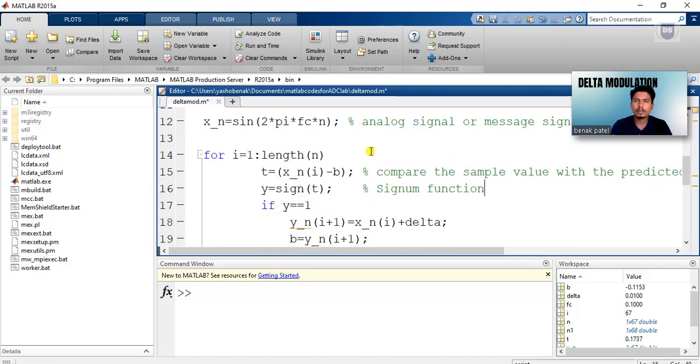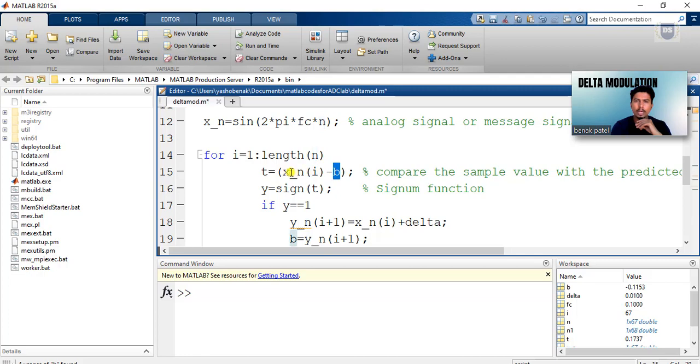After that, let's make use of our equations that we have already discussed in our theory part. For all the values of n, because we have right now got somewhere around 67 sampled values, for all those 67 sample values, let's try to compare with our predicted output.